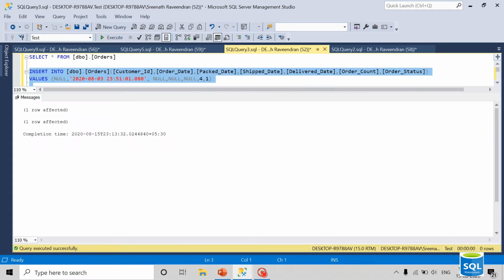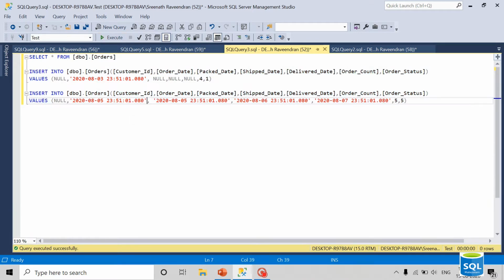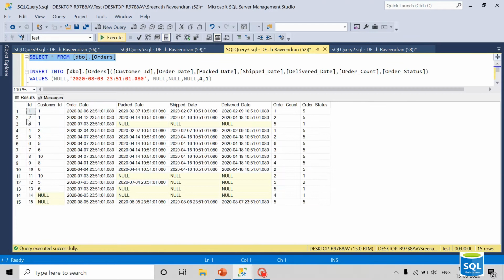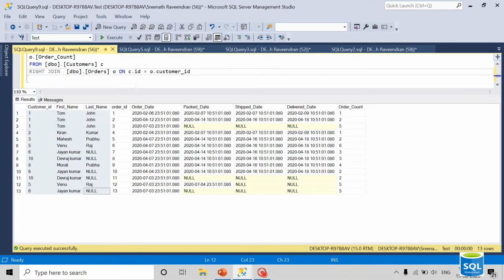So I just inserted 2 order details with the customer ID as null. So right now I got 15 records of order details. For two orders, there is no customer ID. It's invalid data. So now let's see what the result of the right join is.